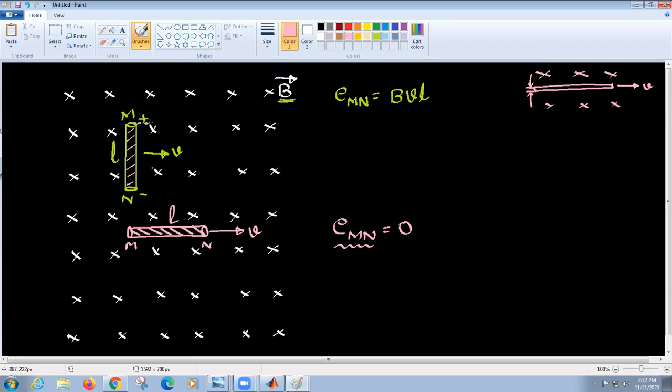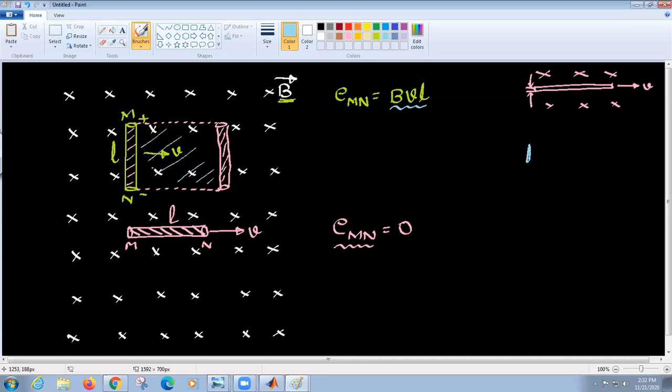In this case, the length L of the conductor is cutting all the flux. For example, if you move your conductor this way, by this time you will be here, right? In its course of travel, you have cut this flux. Yes or no? This entire area you have cut. Therefore, we can say the induced EMF is BVL. So flux must be cut by the conductor, or the field should cut the conductor. Anyway, both have relative action. The relative action is what matters.